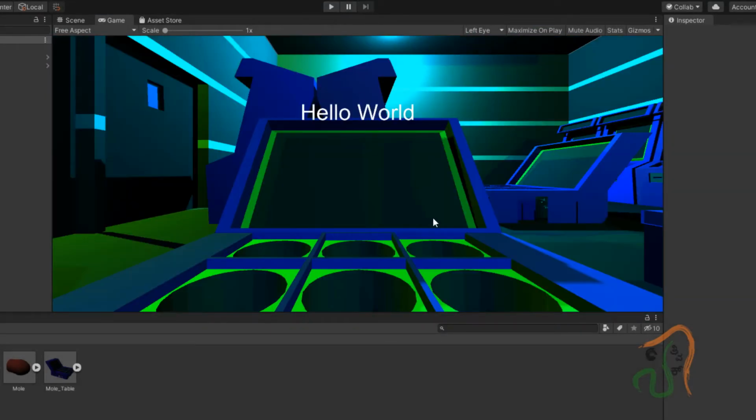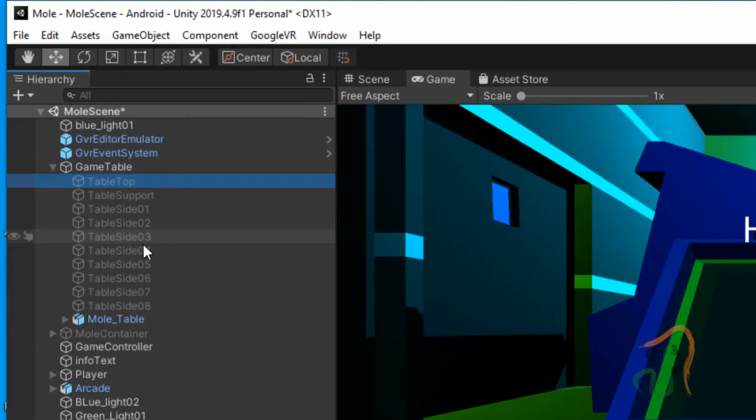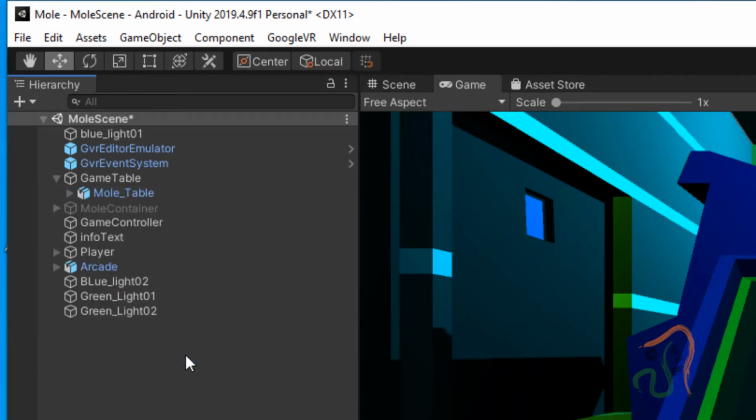So we have adjusted the position of the actual mold table now. Okay, now this is the view we are having. Once we are happy with it inside the game table, let us select all this deactivated table side and table components here, right click and delete it, so we don't need it anymore.